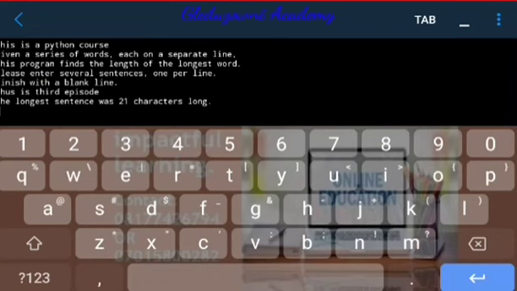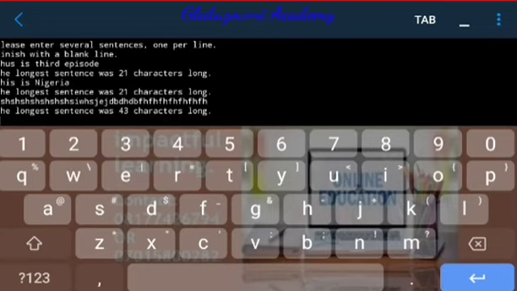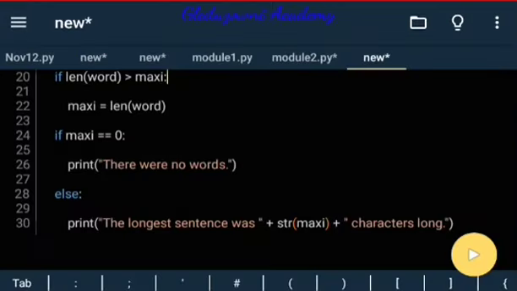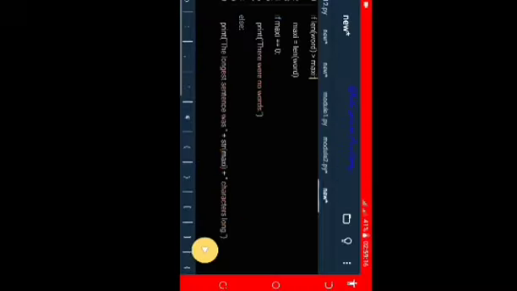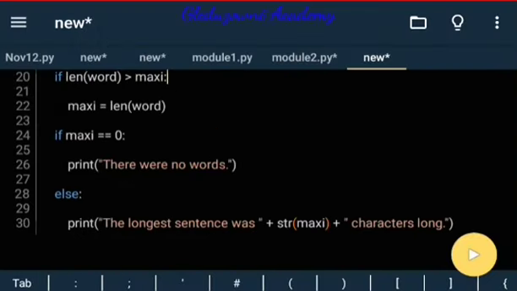So if I type another sentence and that sentence happens to be longer than this previous one, let's say this is Nigeria, it will still assume the previous longest sentence. The status won't change. But if I type a sentence, let's say I just type gibberish, and that happens to be more than 21 characters, it will automatically update to the new maximum. So that's what the code does. And even though it doesn't solve any practical problems, it can be implemented in a bigger solution, because most solutions to coding problems are actually complicated and involve lots of code, of which this could be a part. So basically, in this episode we're going to be dealing with a fundamental explanation of how Python